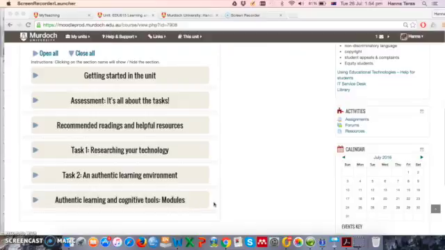It might look like there's nothing much here, but these modules here, getting started in the unit, assessment, and so on and so forth, these are the major components of the unit. This is not organized on a weekly basis. We don't have a weekly schedule or a set of weekly readings or weekly due dates for participating in discussions or anything like that. Our unit is based on an authentic learning approach, which means that the emphasis is largely on